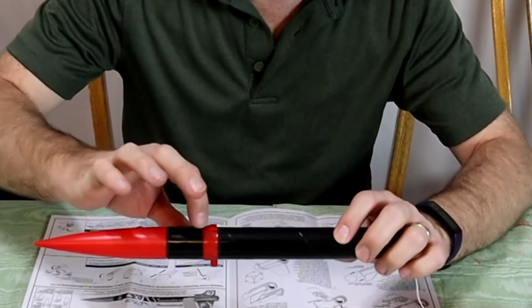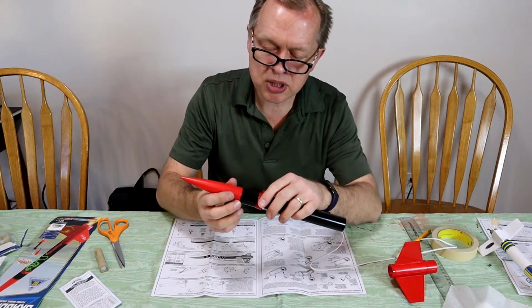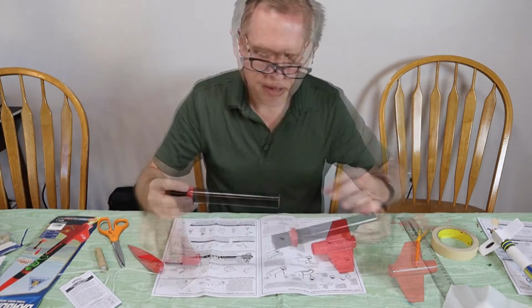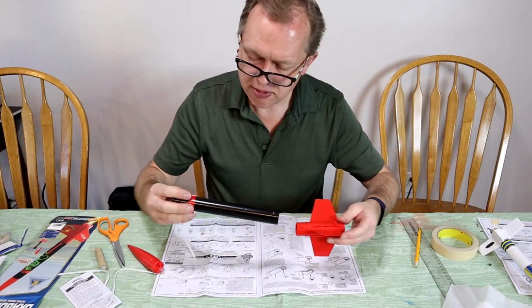And when you put it over that knot, there's a little retention finger that snaps into that other hole. So once you've done that, you can take the nose cone back out, and you've got it in here. Now this will actually feed back through to the top. Now we're going to use these two holes that are pre-punched in the tube down here, and we've got to